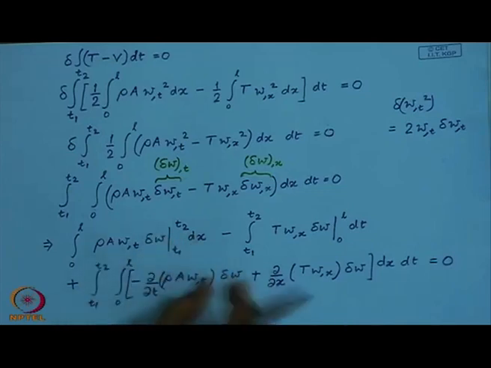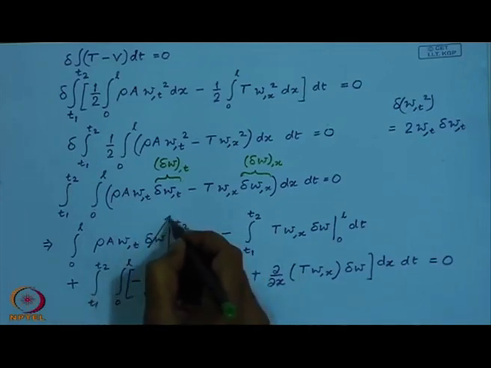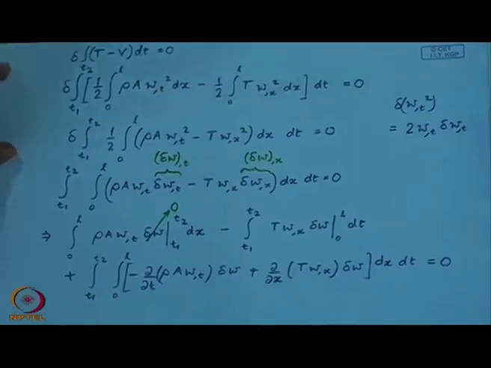I am not trying to vary these 2 configurations which are at time t equal to t 1 and time t equal to t 2. So, I am not looking at variations of the initial and final configurations, but I am looking at variations at the intermediate times. So, this variation must vanish. So, here I finally have